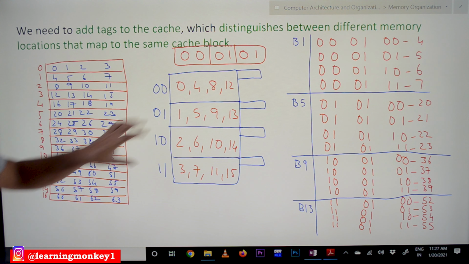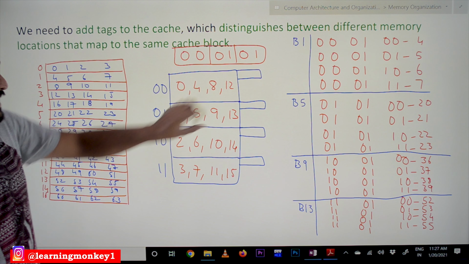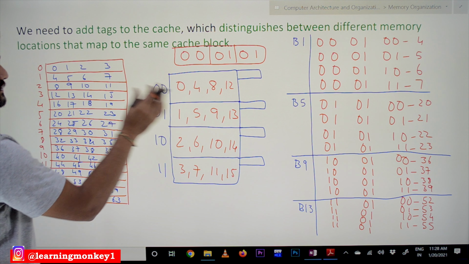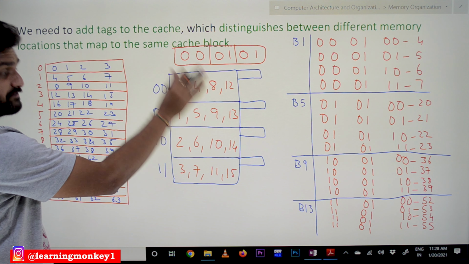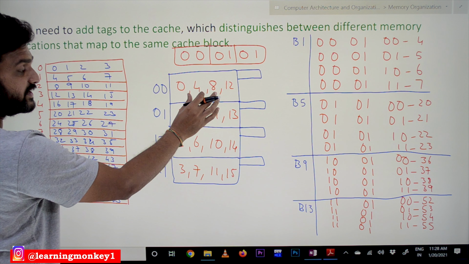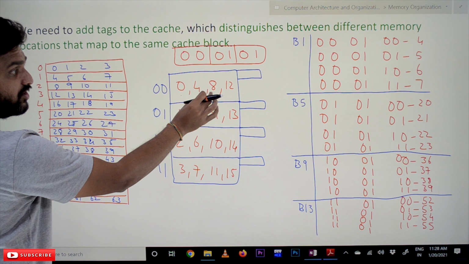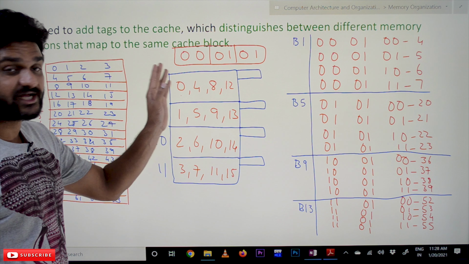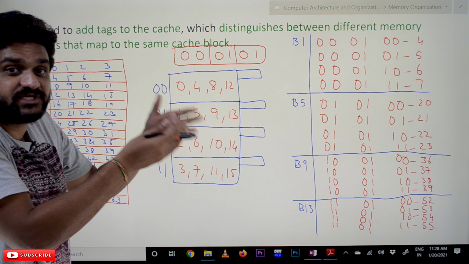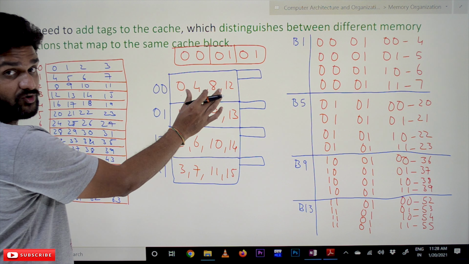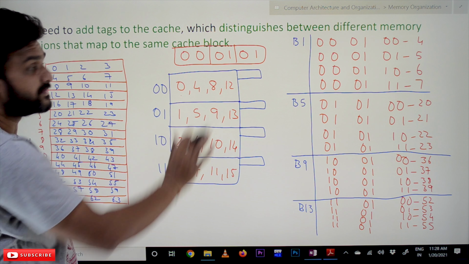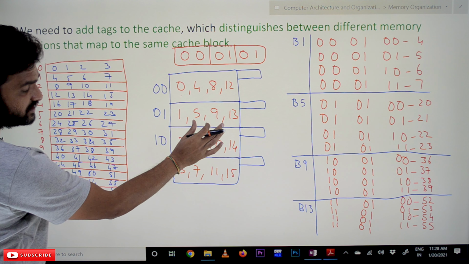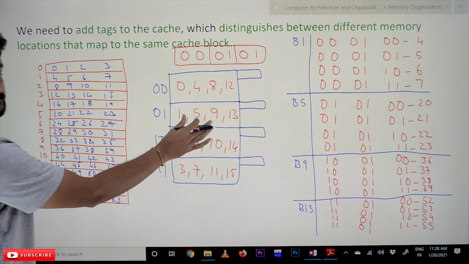This is the logical representation of the main memory, and this is the logical representation of the cache memory. Because it is direct mapping, line 1 can accommodate either the 0th, 4th, 8th or 12th blocks. Whenever these blocks want to get transferred onto the cache memory, they have to reside in line 0 of the cache memory. Now let's try to understand which blocks can reside on line 1.